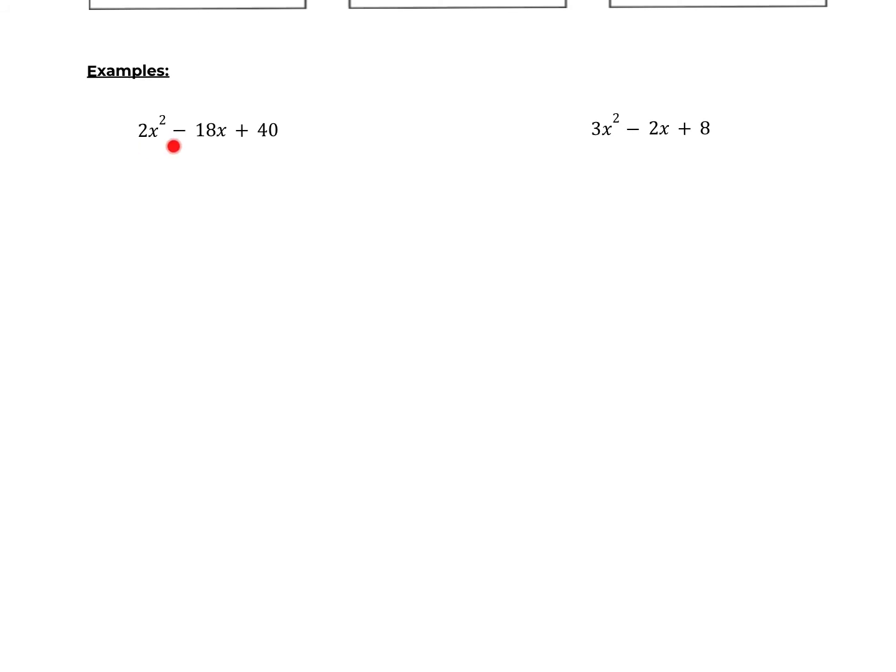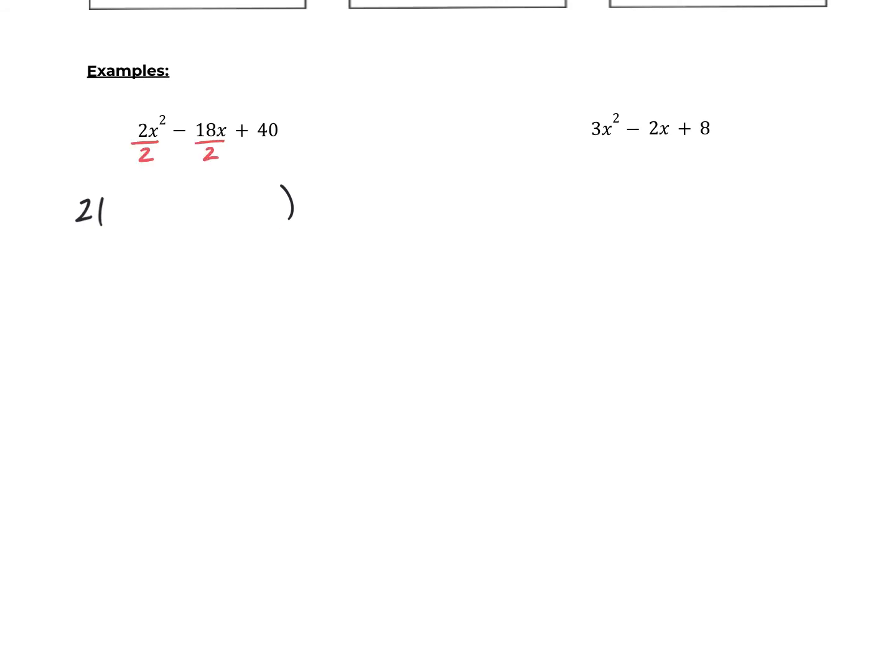We've got 2x squared minus 18x plus 40. So the idea is to decide if there's a GCF first. Well, I see that they're all even numbers, so I don't see why I can't divide all pieces by 2. So remember how a GCF works. You put the GCF on the outside, followed by the open parenthesis,